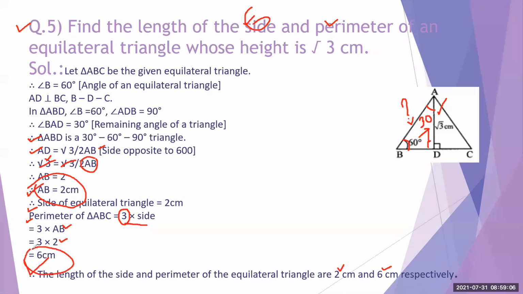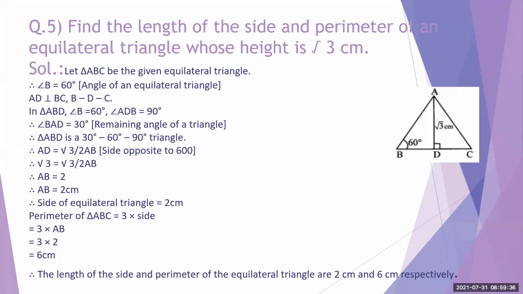यहाँ तक right होने के बाद भी you will not get full marks there. Since the question was in words, you have to complete your answer in words. That means the last line is very important. That is, the length of the side and perimeter of the equilateral triangle are 2 centimeters and 6 centimeters. You have to write this completely. बहुत से बच्चे ये लिखने में miss करते हैं, but this is the most important. जब तक आप ये पूरा नहीं लिखोगे your answer will not be completed. ठीक है, so this is a very easy type of question.